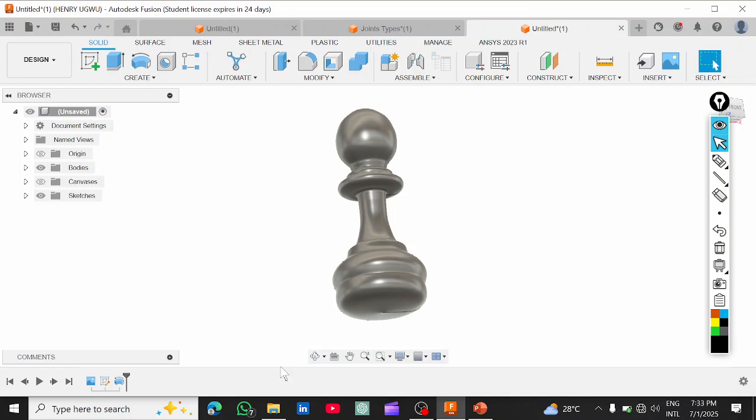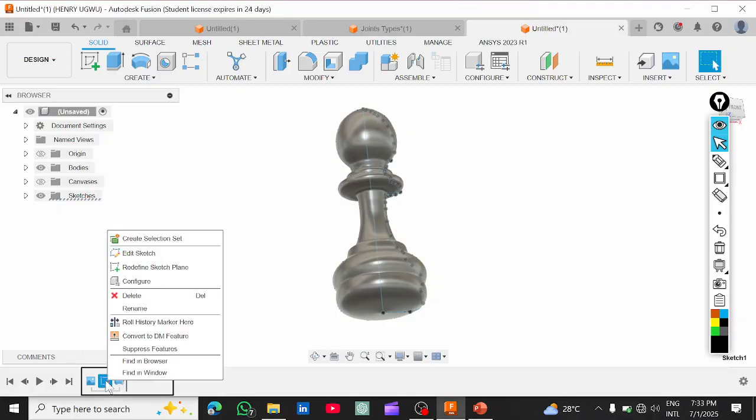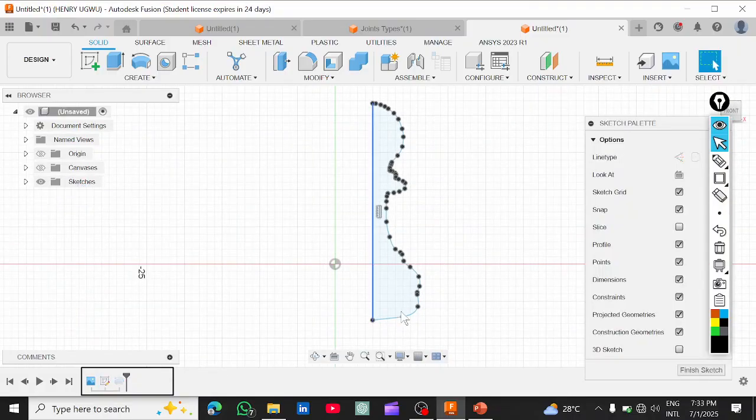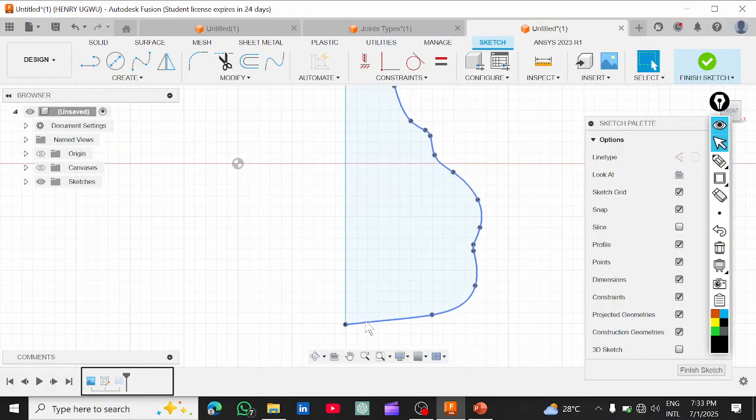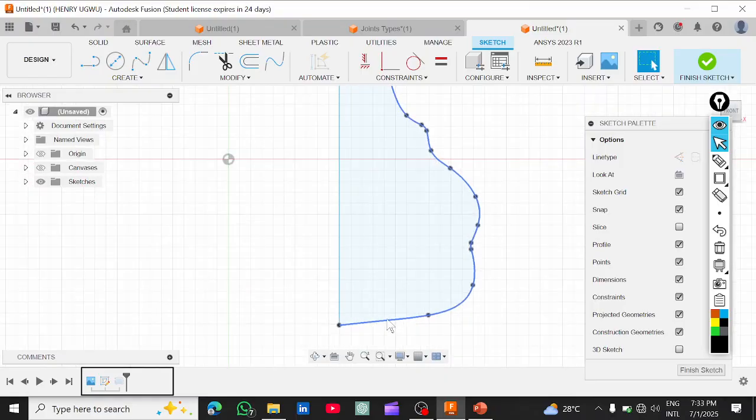All right. We'll go to our browser tab and we'll go back to our sketch and re-edit our sketch profile by right clicking on it and selecting edit sketch. Okay, so we need to edit this bottom so that we have a flat surface. We can do that by